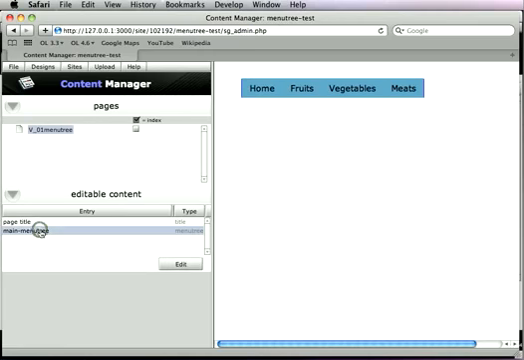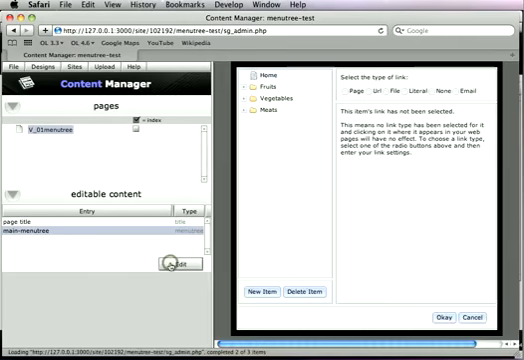So for example, here I've deployed this little page we were working on before to the Content Manager, and I can see the Menutree listed now as one thing in the editable content section. And when I go to edit it, I have a full editor here. I can set the links on each item, just like I could for a regular menu. But I can also control the hierarchy, and I can do things that I just really could not do any other way,